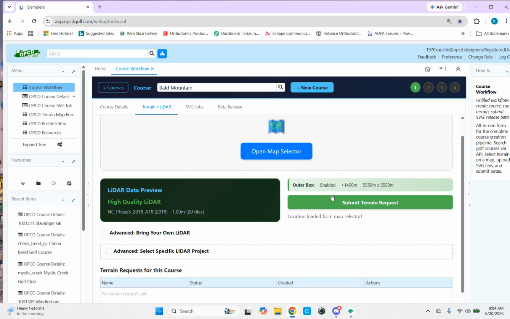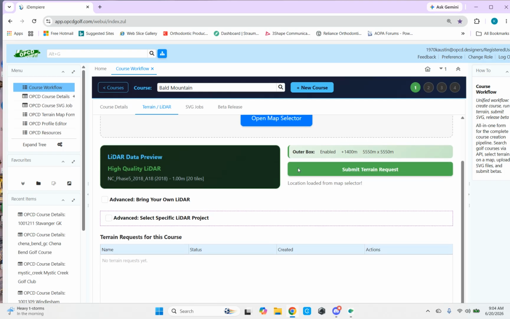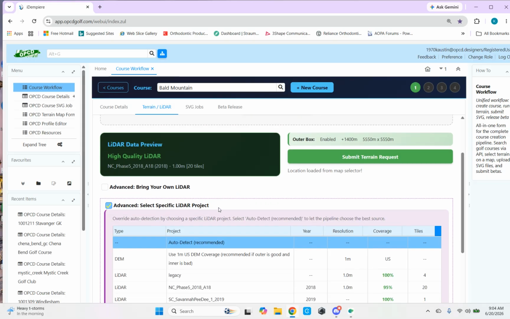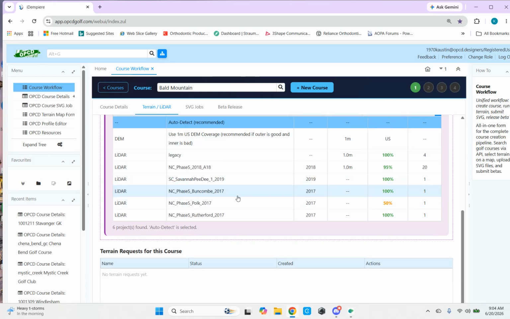You're just going to click this green button. If you click the green button and you check your LiDAR and you have some issues, you can do a couple of other things. We can select a specific project. So this starts getting a little more advanced, but if you know that there is a specific date range that you want, or if there is a specific type of project that you want,